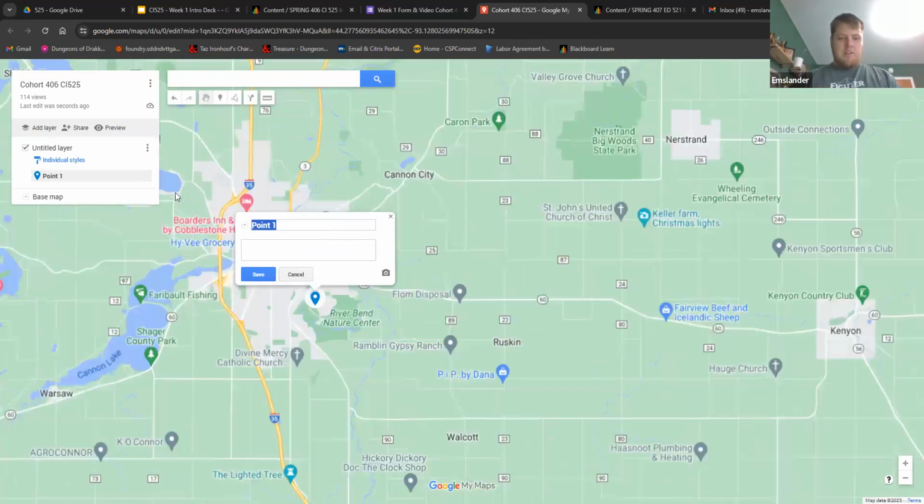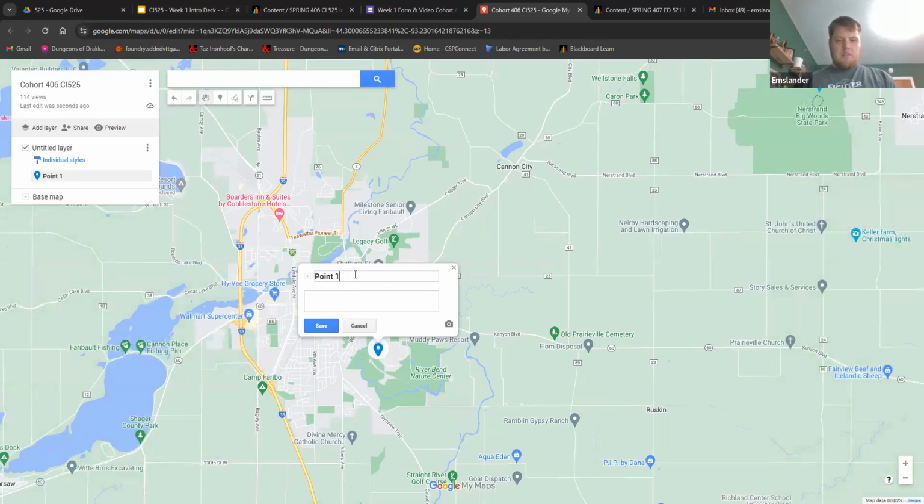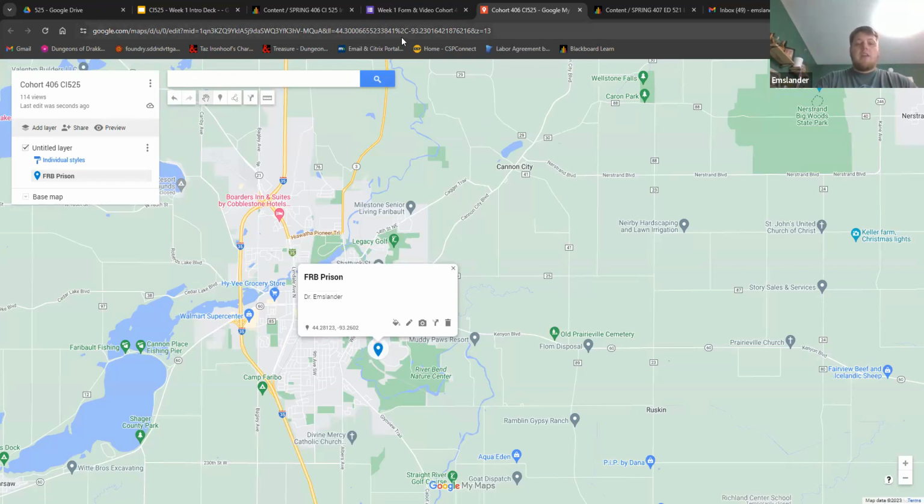I will label it. Now I have a little pin showing that I teach at Faribault Prison. If you are uncomfortable showing your exact location, you can just give a general area. That is fine.